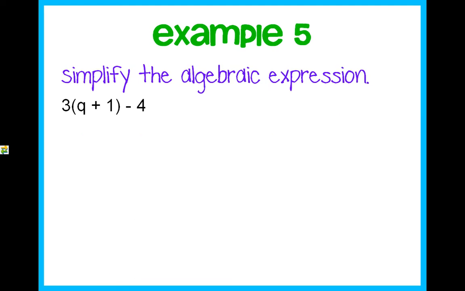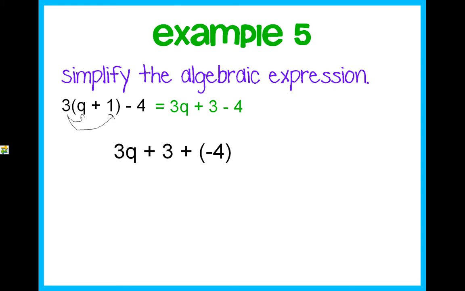Okay. Now, what happens when you have the distributive property? You're going to have to first do the distributive property before you can do the other steps that we did. So we're going to have to say 3 times q is 3q, and then 3 times 1 is 3. So it's going to be 3q plus 3, and then you just bring over your minus 4. You may need to review the distributive property before you do this. We're going to rewrite as the sum,